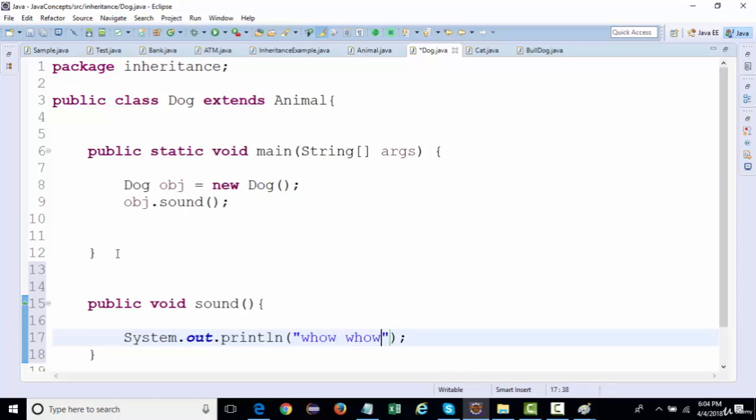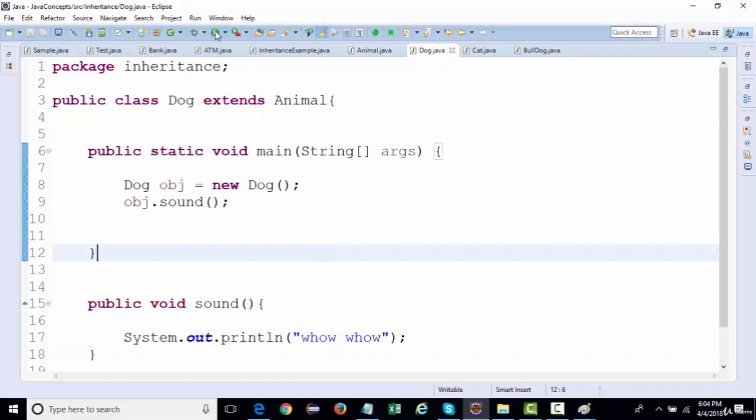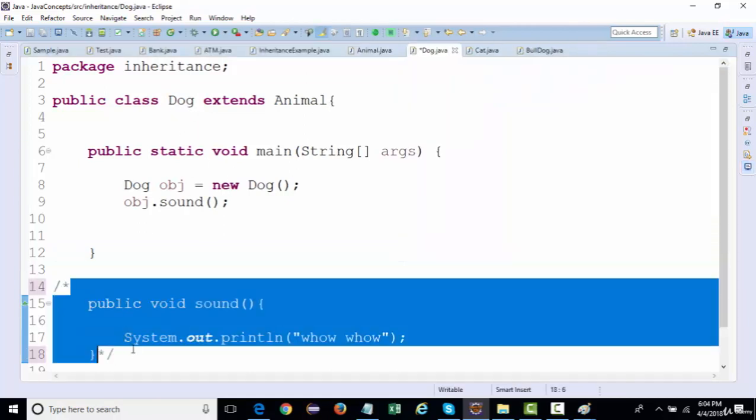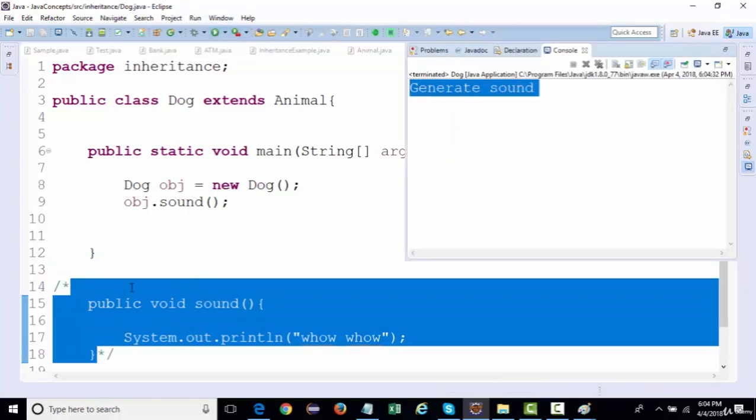Now, if I run this, whether the sound method will be called from the animal class or from the dog class: the JVM will first look at the dog class. If there is no sound method over here, then it will call the method from the animal class.